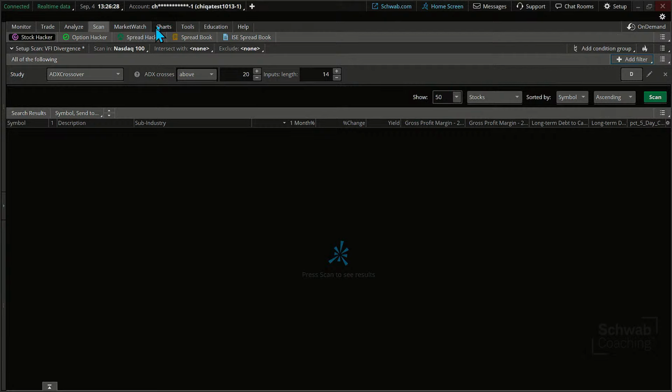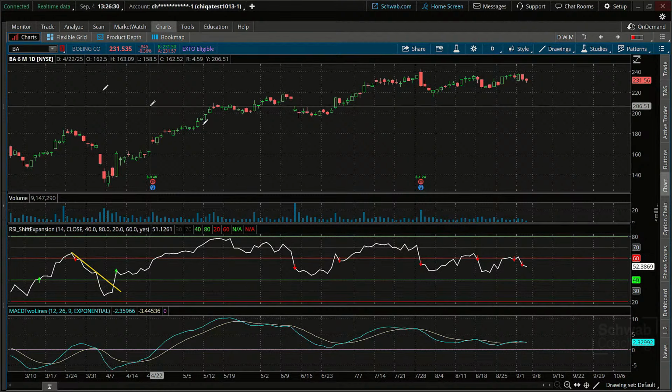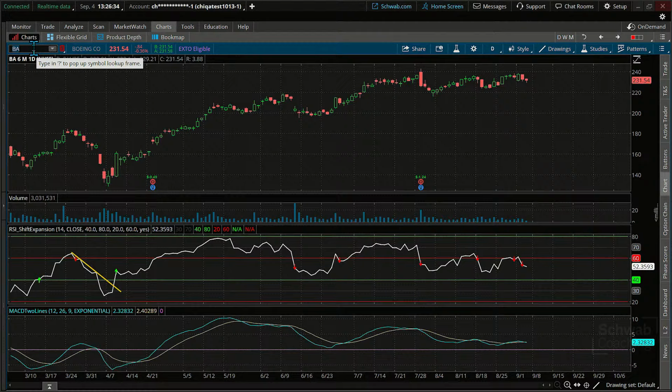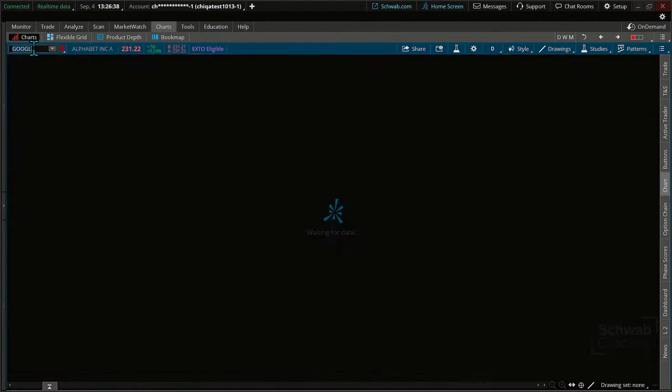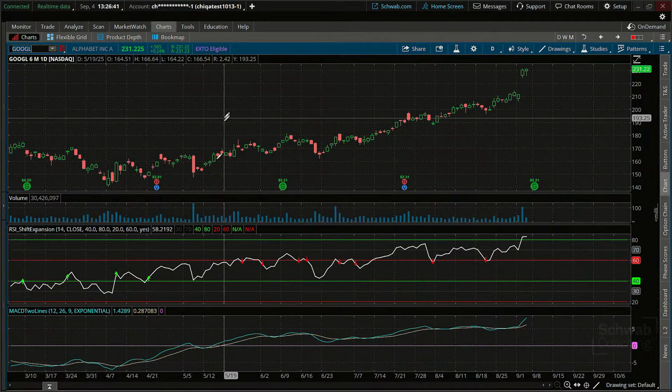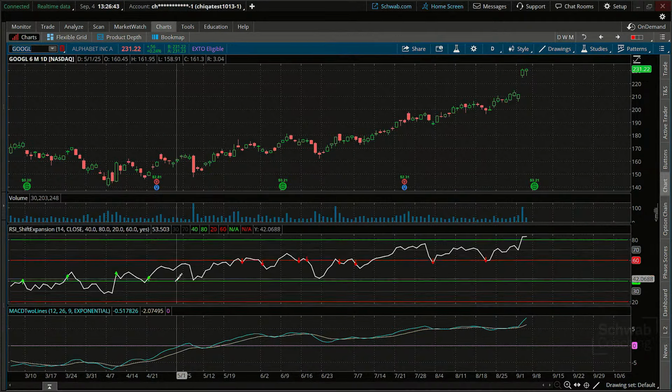Okay, this is the RSI shift. And we're looking in, we looked at that one earlier. We can look at other stocks as well. What else do we have in the Mag 7? Well, we could look at Google. We looked at Apple previously. Yeah, this one was really quite strong over here. But where do you see the shift?